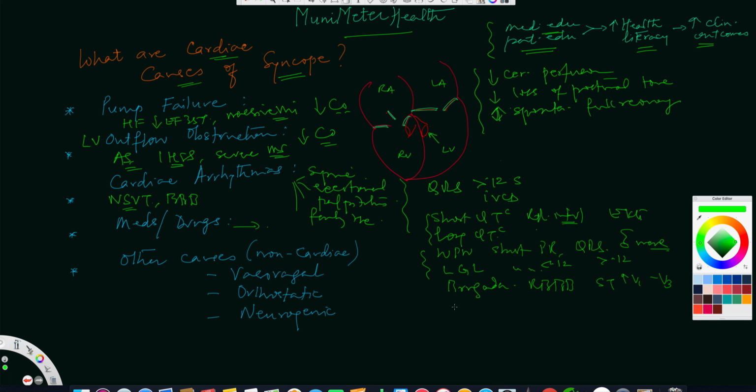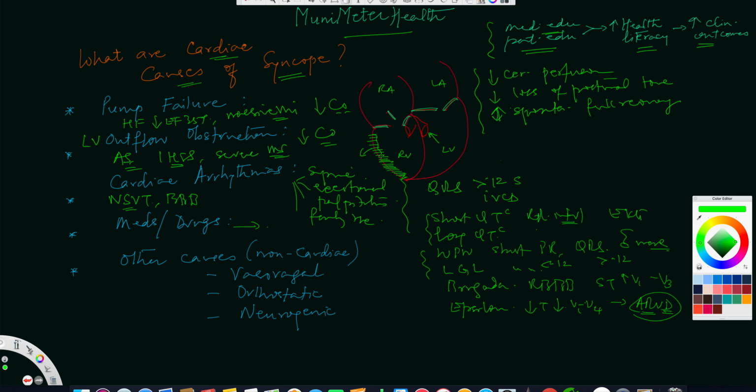And last but not the least, you should also look for epsilon waves. Epsilon waves can be present specifically when you have negative T wave inversions in the precordial leads, V1 to V6, but predominantly in V1 to V4, right precordial leads, in a setting where somebody has ARVD, which is arrhythmogenic right ventricular dysplasia. Now that's a congenital condition, remember, where the right ventricle is extremely weak. Here I'm drawing the structure. Right ventricle is weak. As a result, there is no cardiac output occurring into the pulmonary circulation.